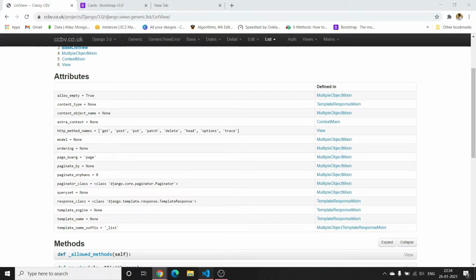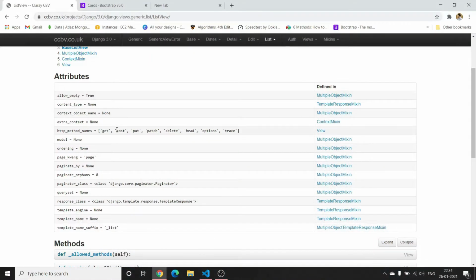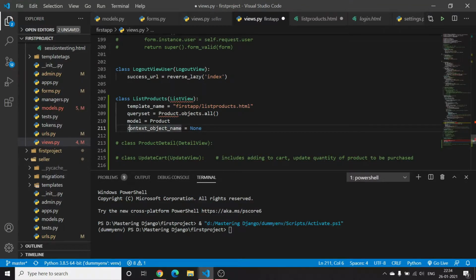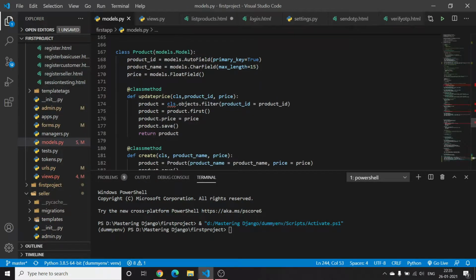Here the product is passed, but if you want to change this name with which you will access it in a template, you can change it using a context object name. We will use it later on if we want. In list products, for product in product, what I want is, because in models we have added a product ID, product name and price.